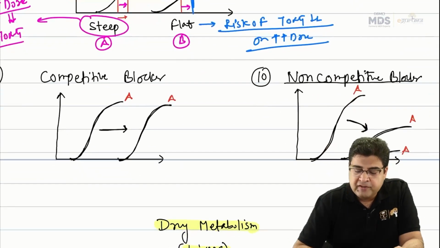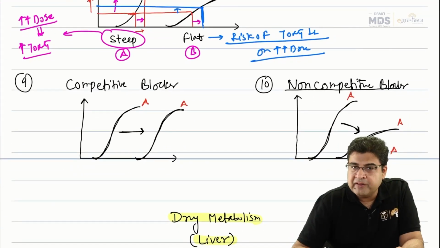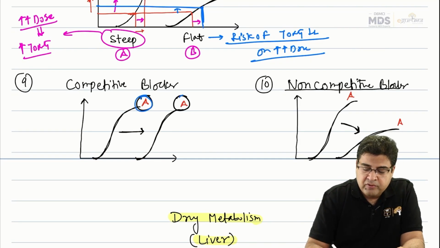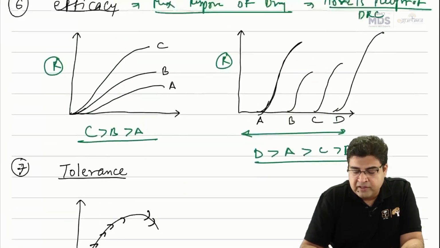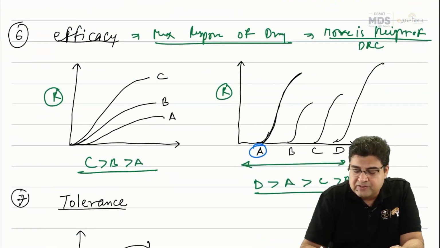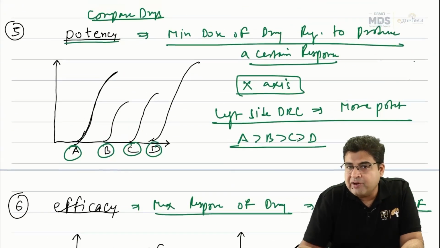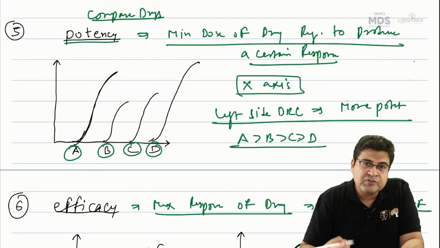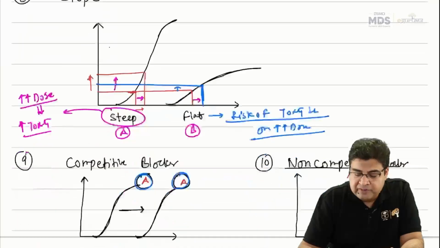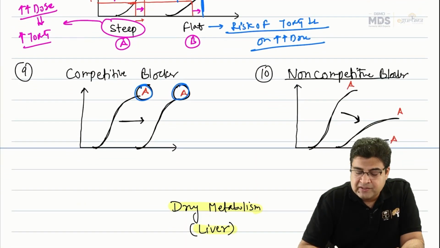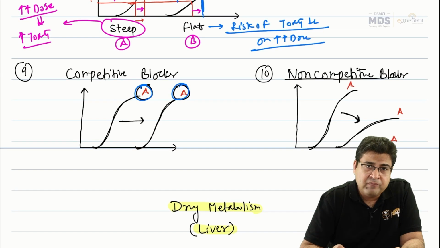Now with the help of this graph, we can also see the effect of competitive and non-competitive blockers. So guys, please remember, in this graph the drug name is the same. Like if you see the previous graph of efficacy and potency, there the drug name is changing. So whenever the drug name is changing, you comment upon drug efficacy and potency, in terms of drug comparison. But whenever the drug name remains the same, like in this graph,